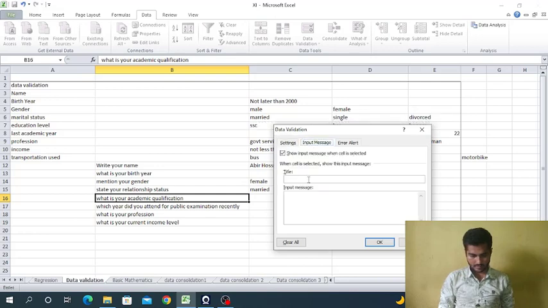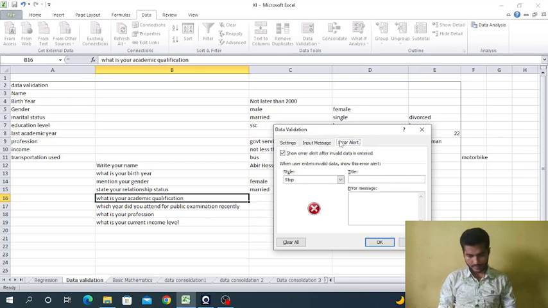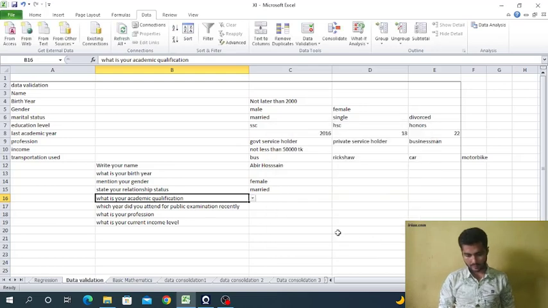Input message: academic qualification. Error alert: only academic information, and press OK.